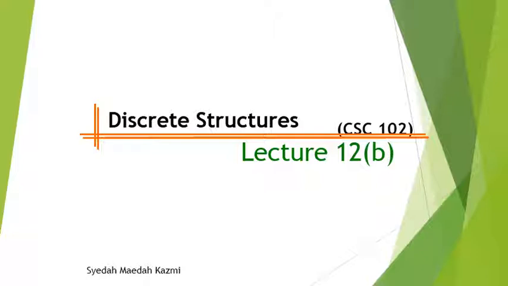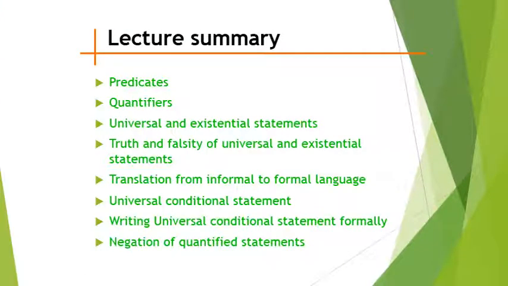लेक्चर हैं, उसके बी पार्ट पे जा रहे हैं। लास्ट टाइम हमने 12 के ए पार्ट में देखा था कि प्रेडिकेट्स को हमने डिफ़ाइन किया था और उन प्रेडिकेट की जो कुछ वैल्यूज़ के लिए वो स्टेटमेंट बन जाते हैं, उसके बारे में बात की थी, उनके ट्रुथ सेट के बारे में। Now we are going towards quantifiers. क्वांटिफायर ऐसे ऑपरेटर्स हैं जो स्टेटमेंट को यूनिवर्सल या एग्जिस्टेंशियल स्टेटमेंट में कन्वर्ट कर देते हैं।